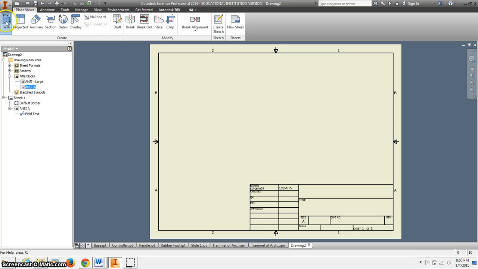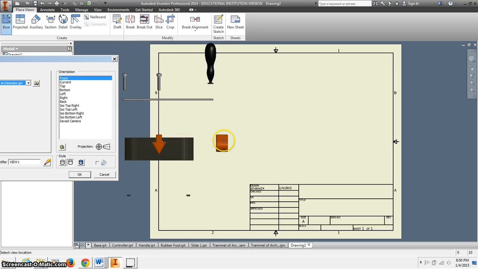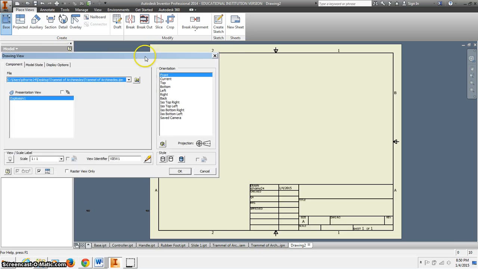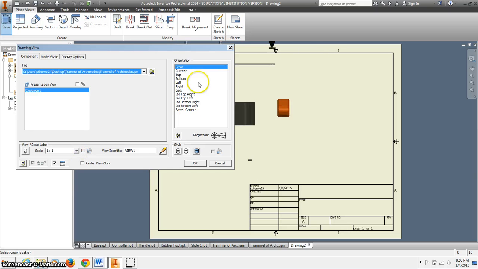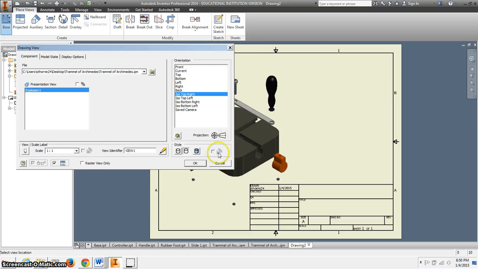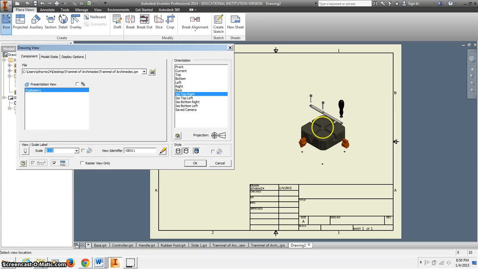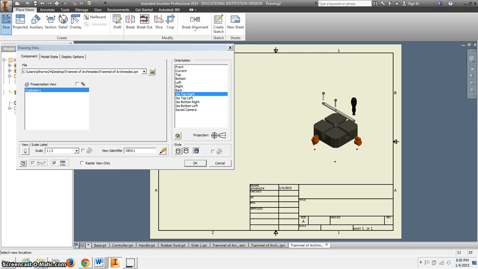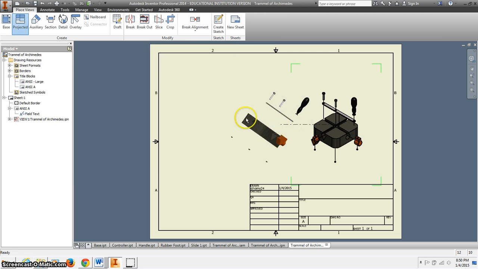And now let's go ahead and put in a couple of base views. A little bit different than before. Let's start off with ISO top right, shaded. Let's go about half size. We're going to start off with the exploded view and the assembled view with the parts list. So there's our exploded view,